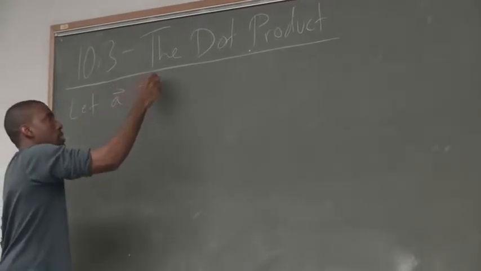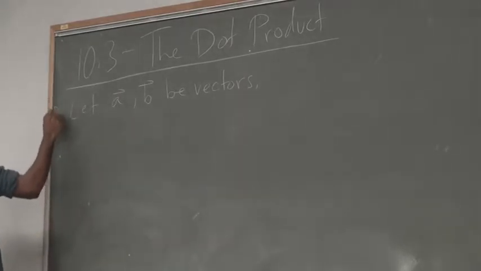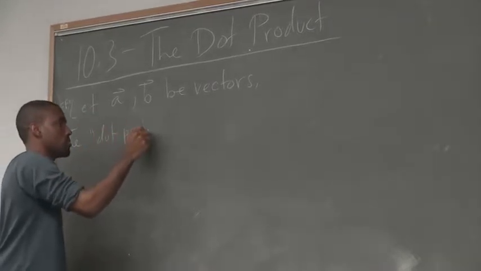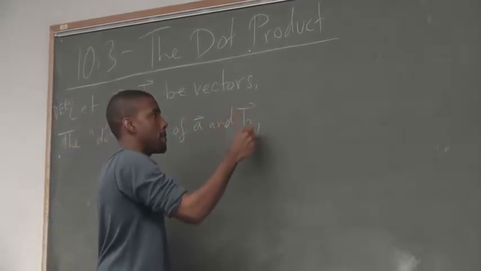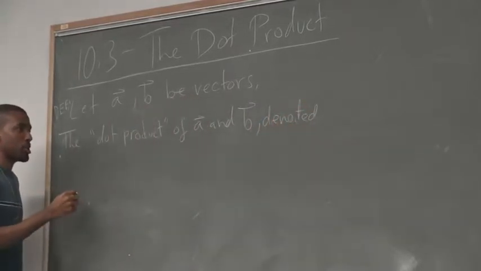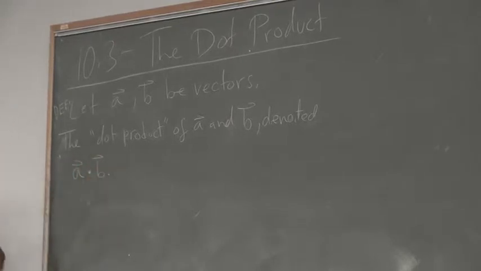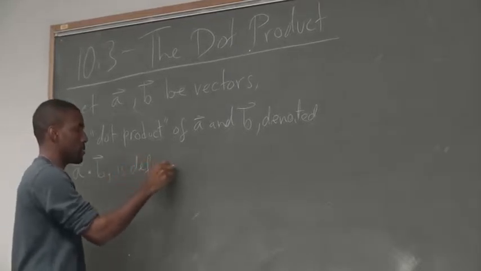Let A and B be vectors. Here's the definition that I'm giving. The dot product. It's called dot because they literally denote it with a dot, A dot B. One thing you're going to learn about mathematicians, they're very creative when it comes to making names, right? The dot product A dot B is defined by,